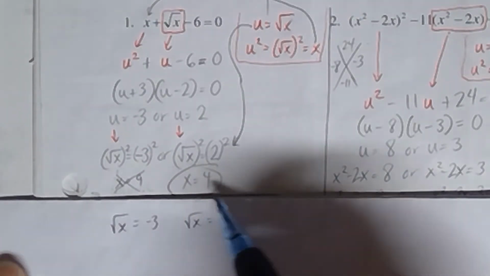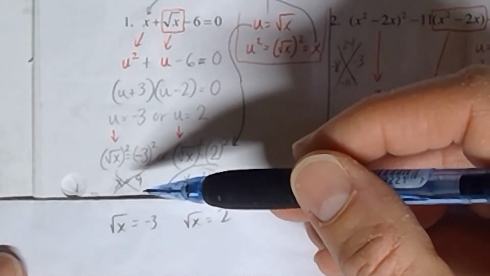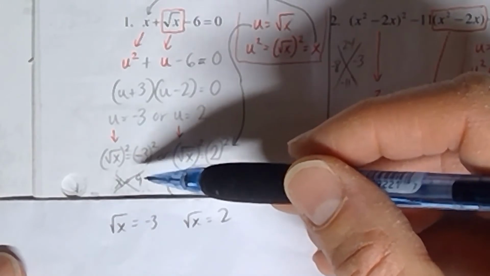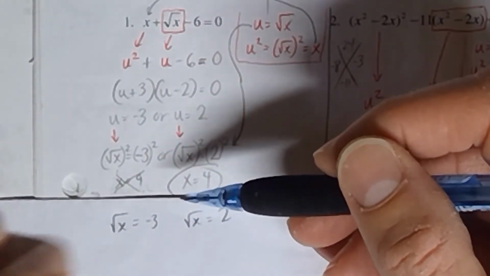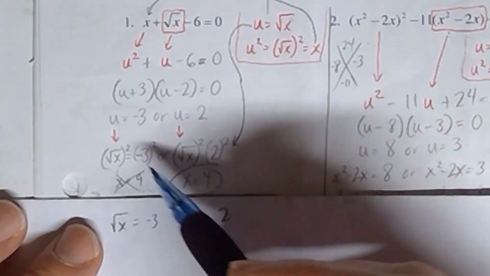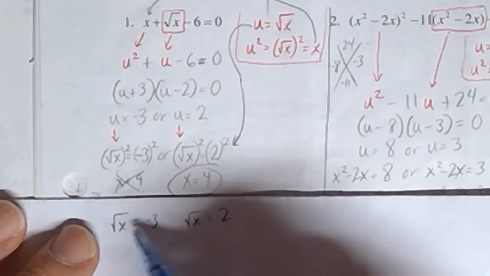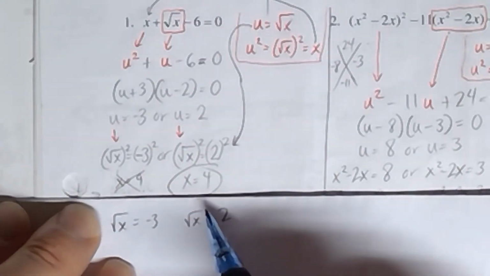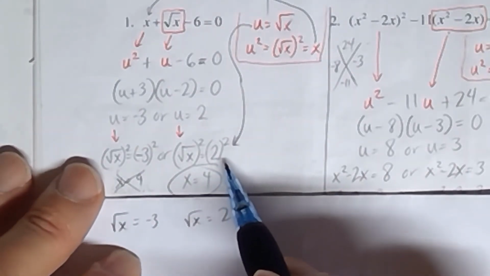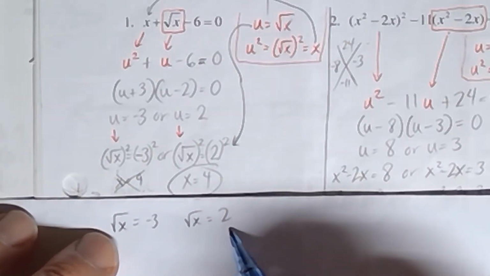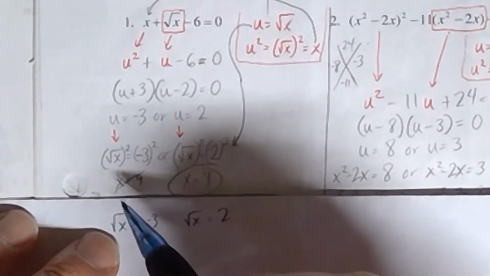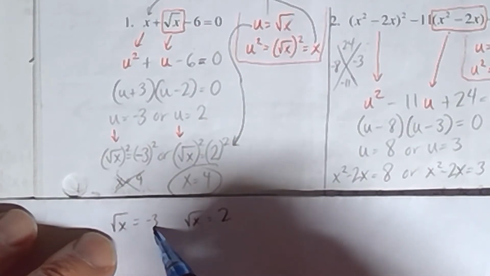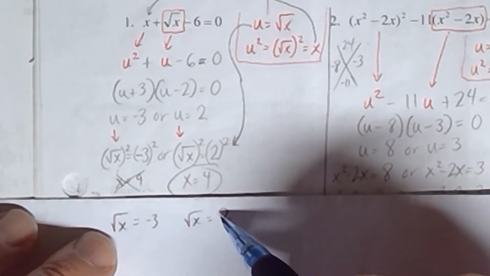You don't need to check the u numbers. When we go back and check the answers for 9 and 4, we have to go back to an equation with the same variable in it that was an equation before we squared both sides. So these 2 equations were what we had just before we squared both sides. If I plug in 9 into this one and 4 into this one,